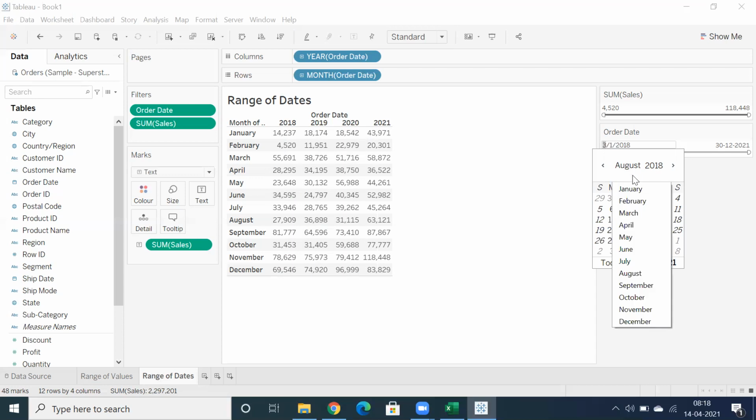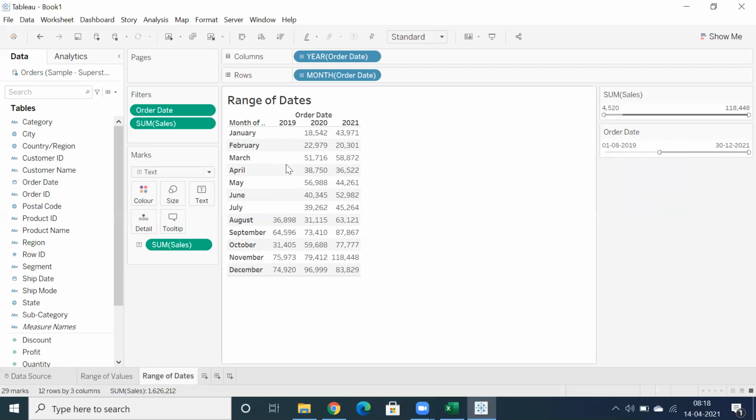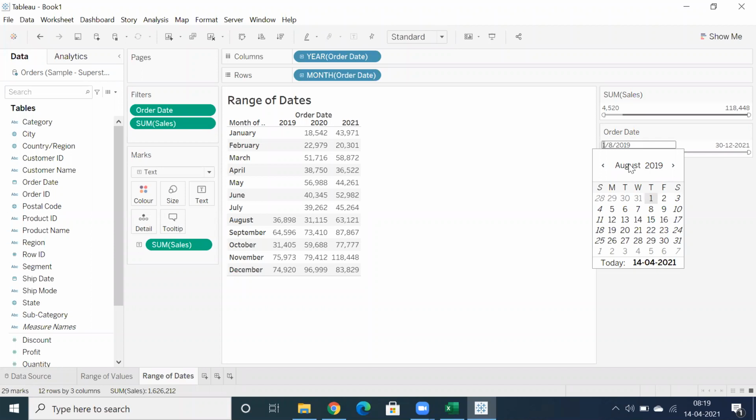Let's say if you want to select August 2019, what do we have to do? You don't get a drop down when you click on year, but interestingly, you can type in. So instead of 2018, you can type in 2019, August 1st, 2019. You can see here. You understand, right? So this is the flexibility you have with the date.